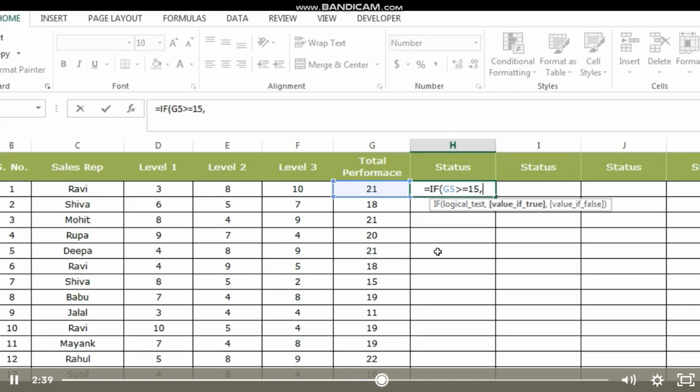comma. Now if this condition is true, then what do I want Excel to show? As you can see, both these arguments are optional. If I leave this argument without putting anything in it, it will come up with a result either TRUE or FALSE, which I do not want. I just want to assign a meaningful value to it. That is why I'm going to say that if G5 is greater than or equal to 15, then the person should be treated as qualified. So I'm going to say double quotes,